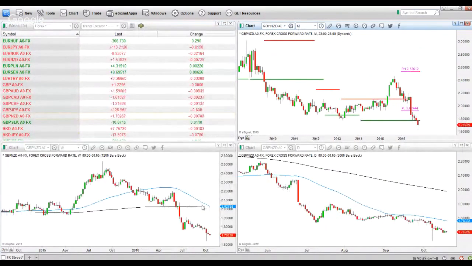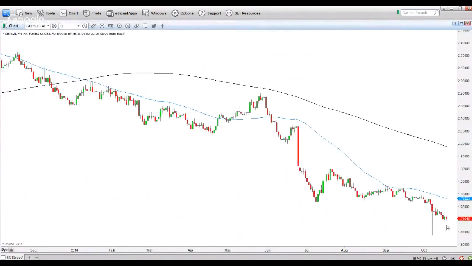Below the weekly 50, below the weekly 200, so we have bearish bias. Below the daily 200, below the daily 50. So everything is in alignment. What we're now looking for is momentum to the downside. Okay, a break and a close below this pivot support will suggest a continuation.